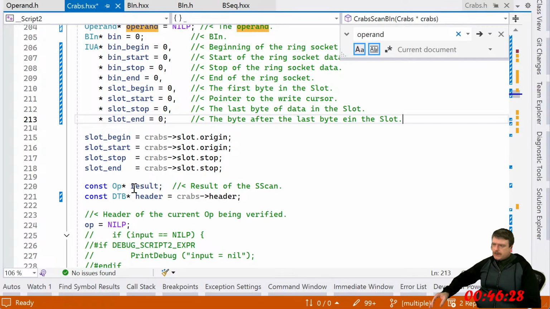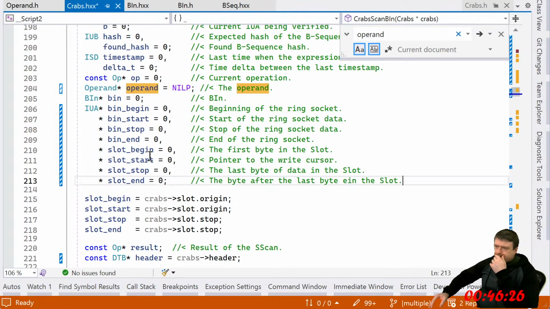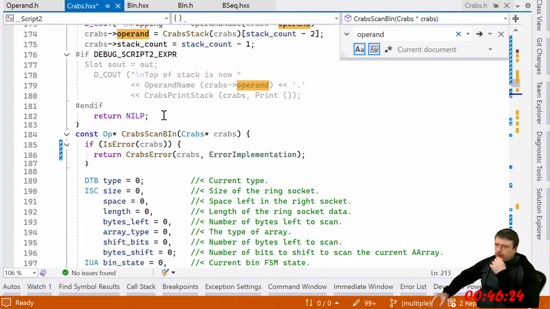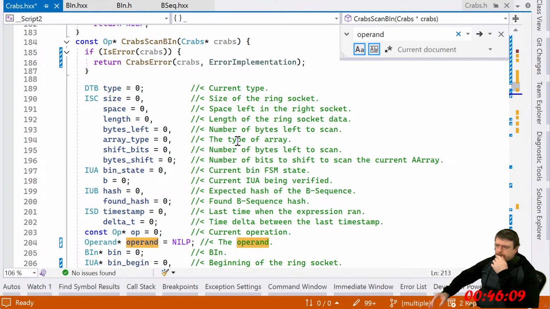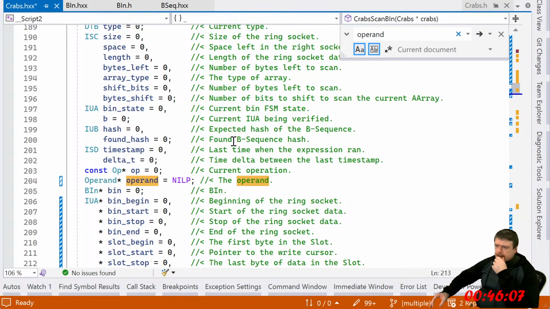All right, so what's going on with this? Where do I set the... And it's not here.